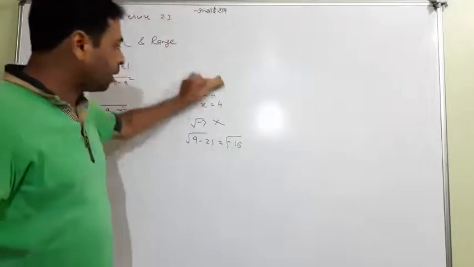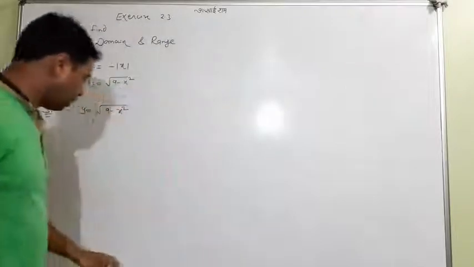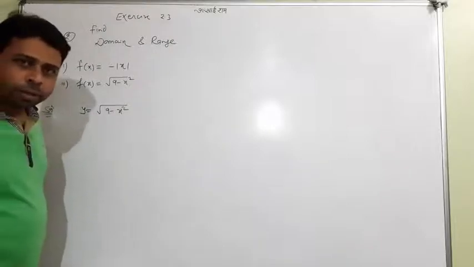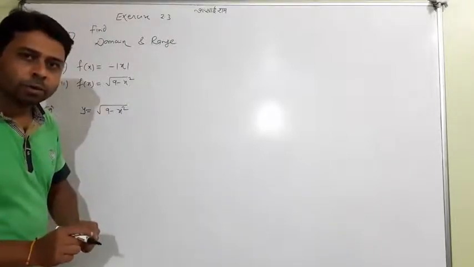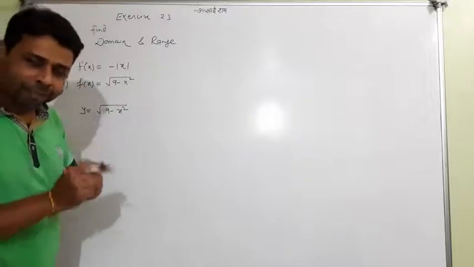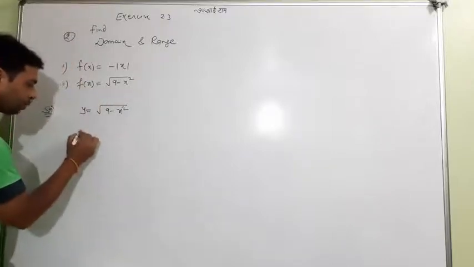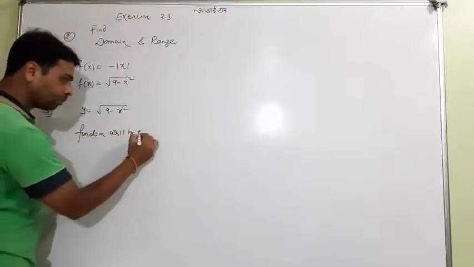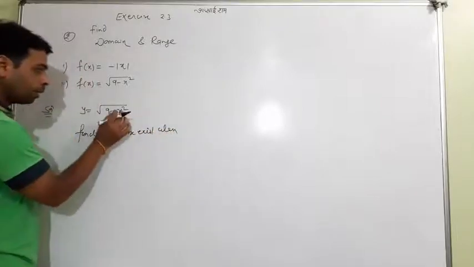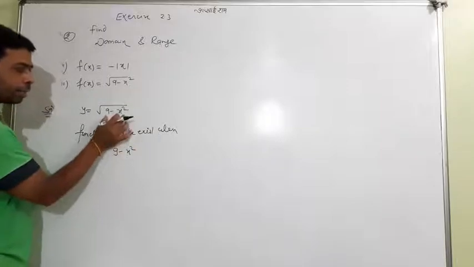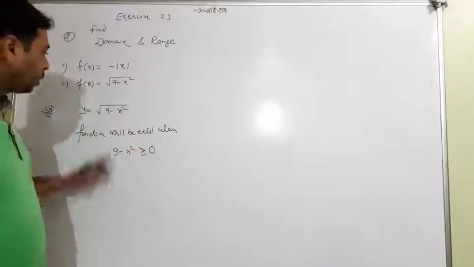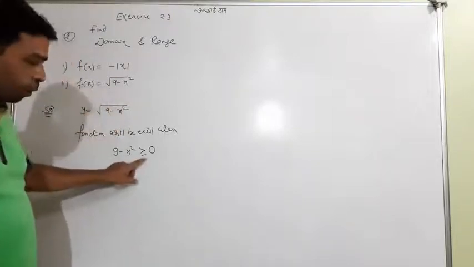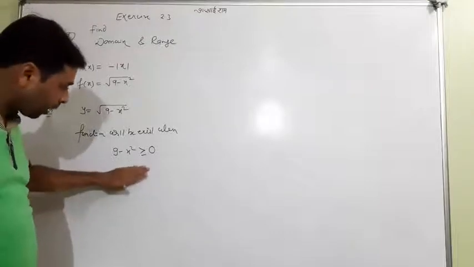So students, you have to think of something else. Let me come to the method, because you have to follow the method. Whenever the under root sign is coming, the domain for x we can find only by the method. We will write: the function will exist when the inside part is always positive or equal to 0. The inside part should never be negative. It should always be positive or equal to 0. So I will write it like that, and from here I will find the value of x.